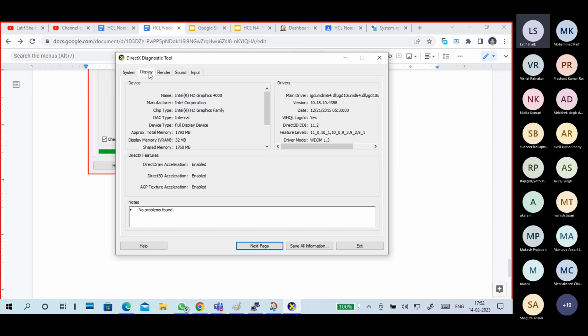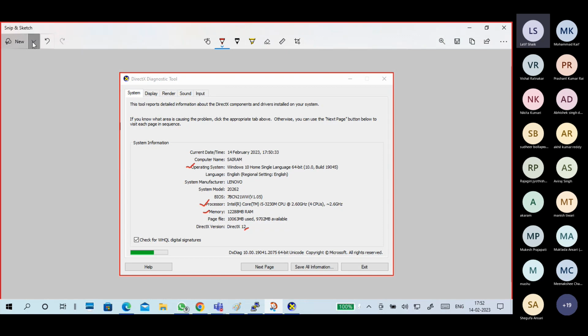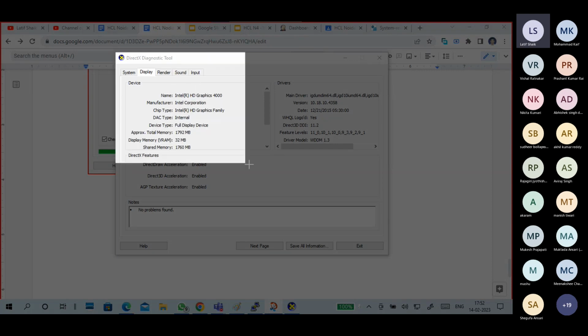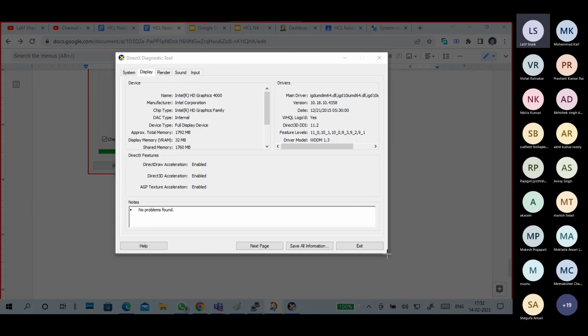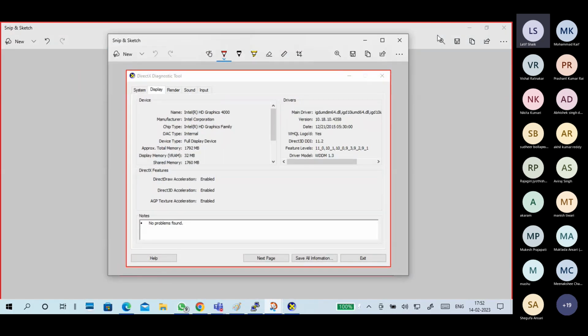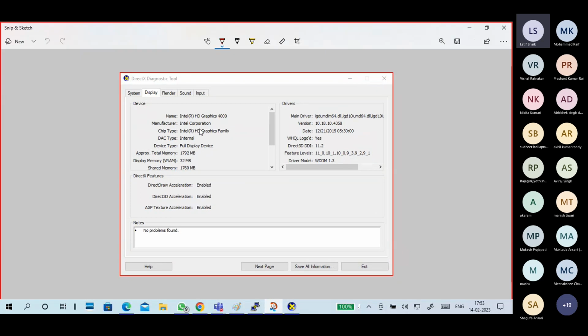Guys, this display tab represents your processor. The processor contains the graphical memory. How much graphical memory is it showing? This is the processor-related graphical memory inside of your processor. Sometimes built-in graphics, built inside a CPU, are also more. Even my processor has more built-in graphics.